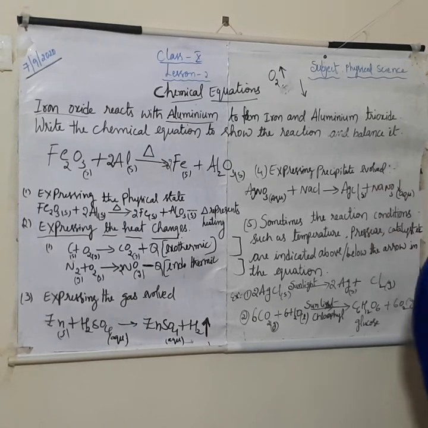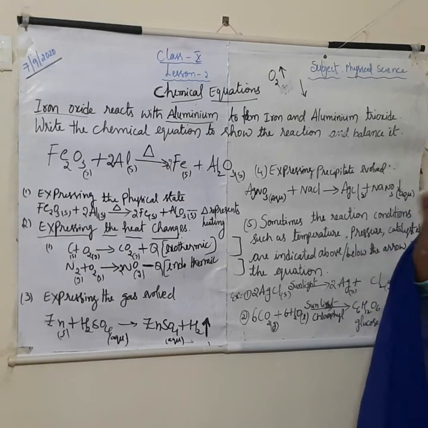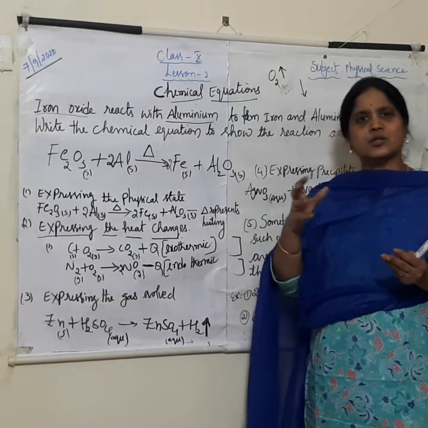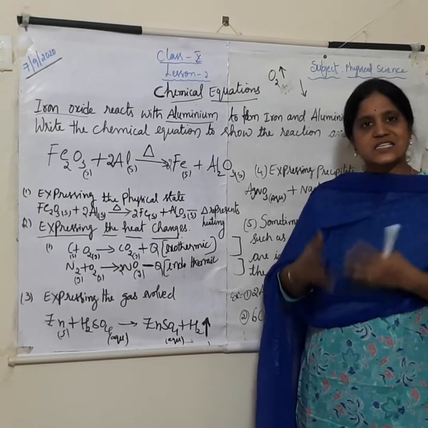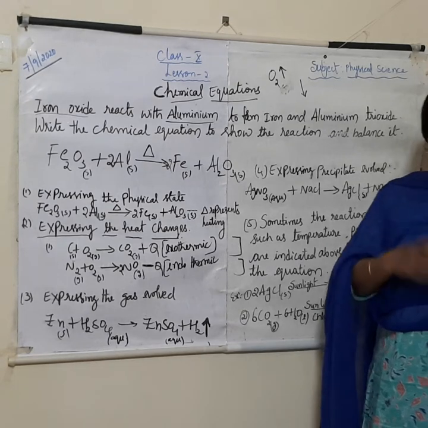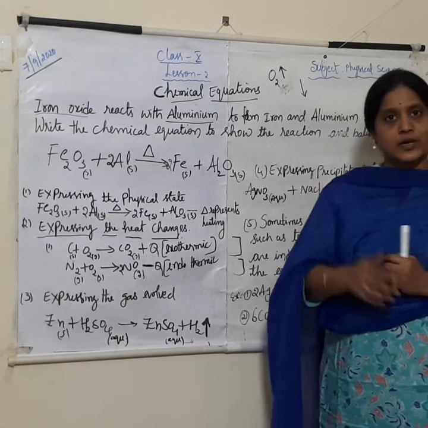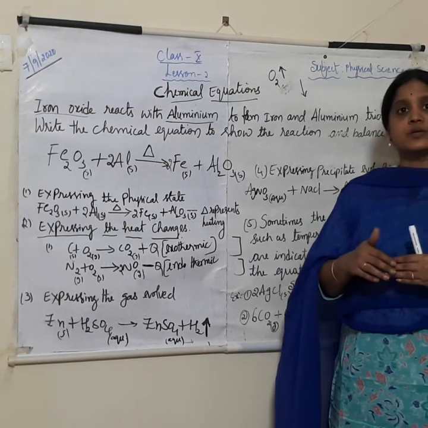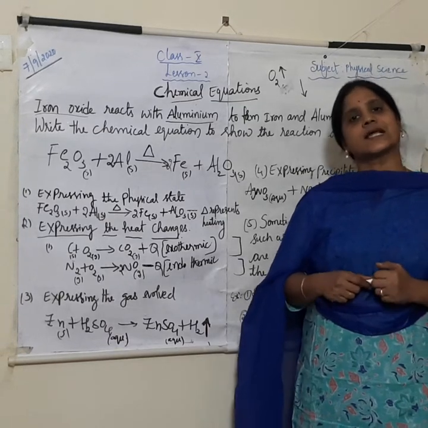Whenever you are changing the temperature, pressure, or using a catalyst, what is the meaning of catalyst? Catalyst is nothing but, see, when two reactants are reacting, you will sometimes not get the product easily. So to get the products easily and fast, we use some substances, and because of those substances, you will get the reaction fast. Those substances you are adding are not involved in the equation, but they help the reaction go fast. Such substances we call catalysts.